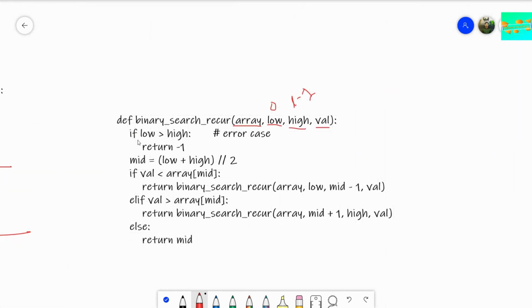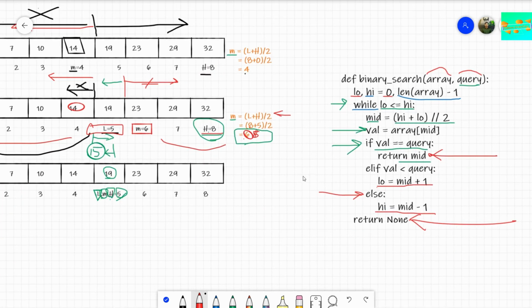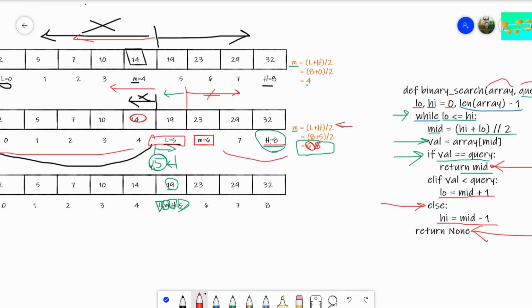Moving on, if we found a case of low greater than high, then it's an error case, right? In the sense that if we didn't find any value, like if we are searching for 15, then this was a case that could have happened: high would move to 4 and low would have been at 5.